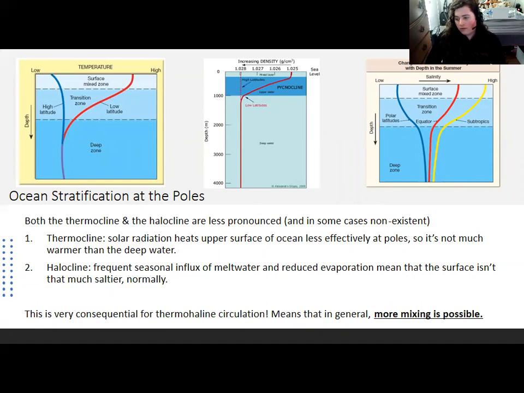Furthermore, the poles frequently experience infusions of meltwater from glaciers calving or breaking up, as well as sea ice periodically melting. And also, again, the solar radiation doesn't effectively cause evaporation. There's not only more periodic influxes of fresh water from melting glaciers or melting sea ice, but you also don't have as much evaporation. So in general, the surface water,